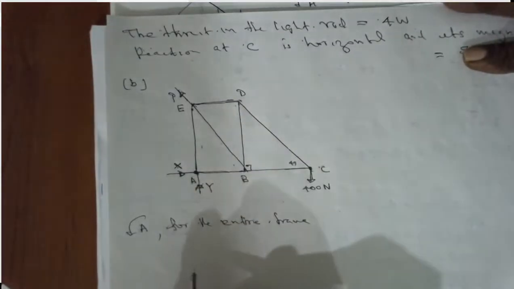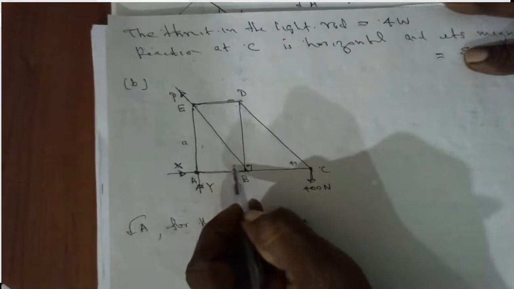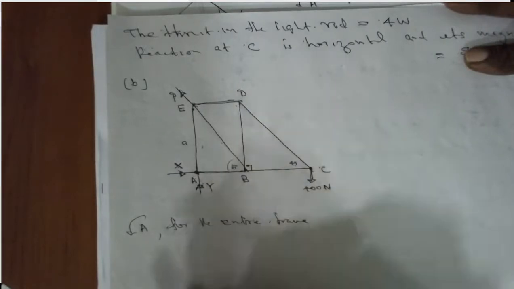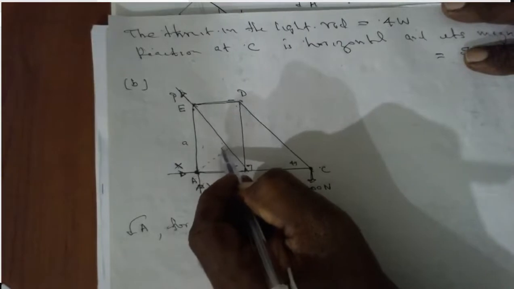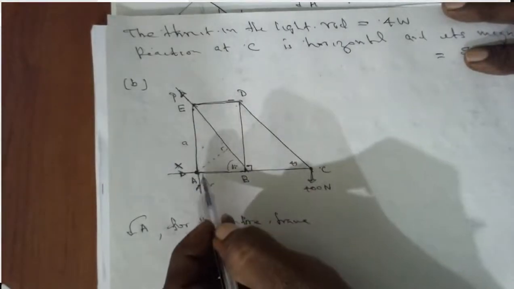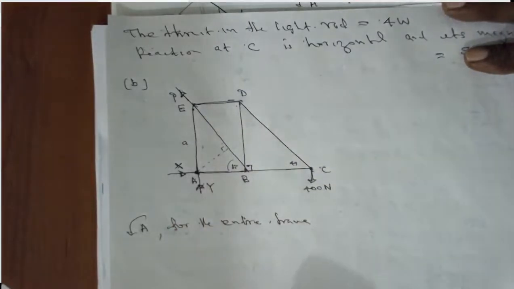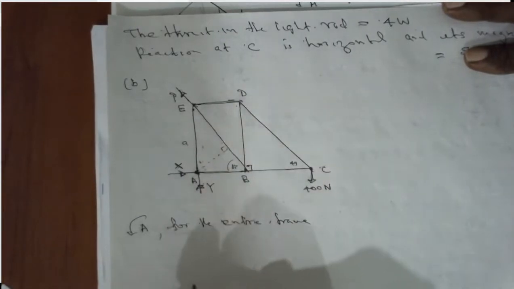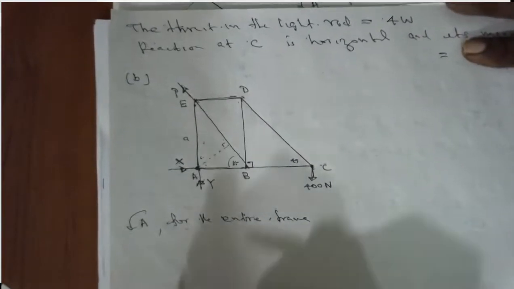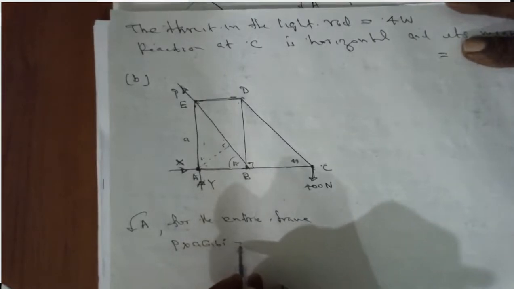What is the perpendicular distance? This is A, so this is 60 degrees, right? What is the perpendicular distance? So this is the perpendicular distance to P. That is A sin 60. Sorry, A cos 60, A by 2. A cos 60, this 60, this 30, this one 60. So A by 2, that is A cos 60. P into A cos 60 minus